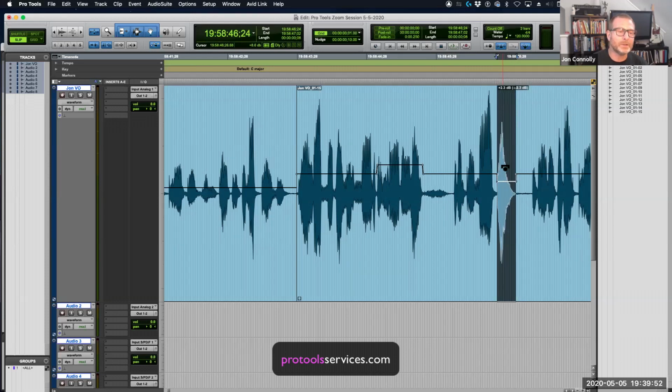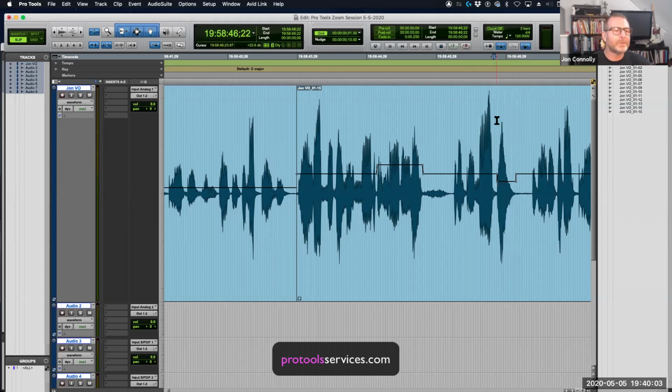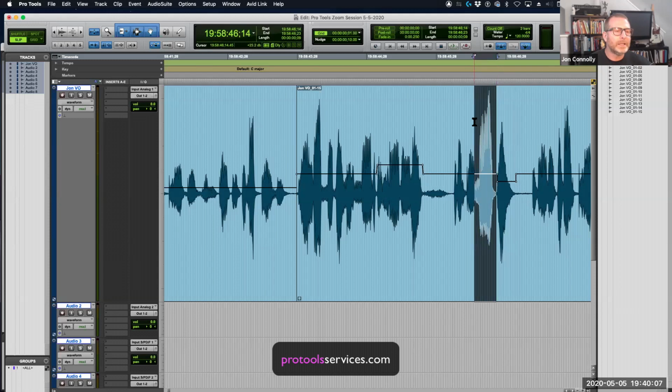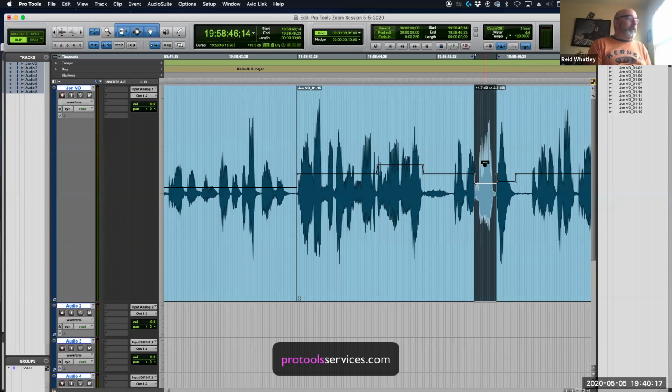Again, I'm using Smart Tools, so based on where I put my cursor within this clip, I don't have to go change tools. I'm making a selection by putting the cursor at the top half of the clip to make my selection, and then placing the cursor in the middle of the selection towards the middle of the clip. I get the clip gain trim tool. Very cool. Take that down, and I'm visually kind of doing it.